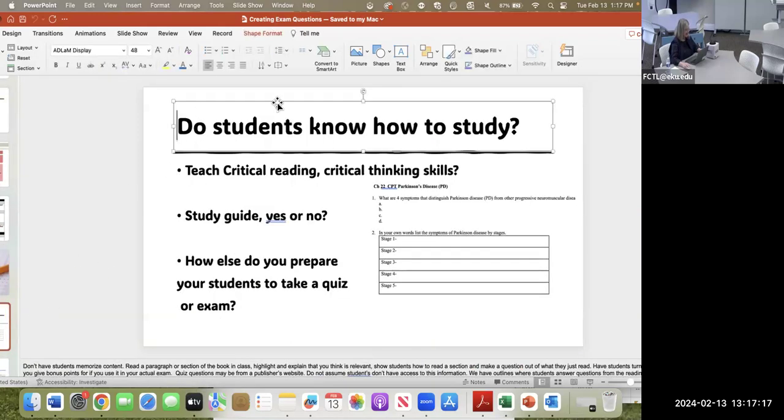So sometimes I think we assume that our students know how to study, and they know how to study for the quiz or the exam that's coming up. But hopefully you've taken the critical reading and the critical thinking studies that we've done to heart. And so I would recommend at the beginning of the semester, and then at the beginning of each new module